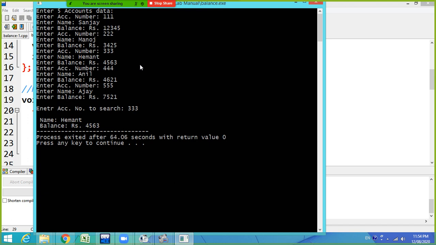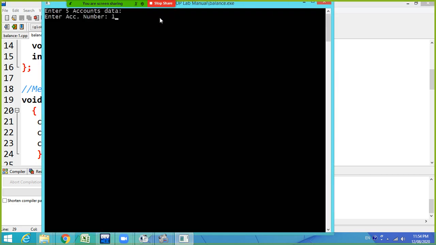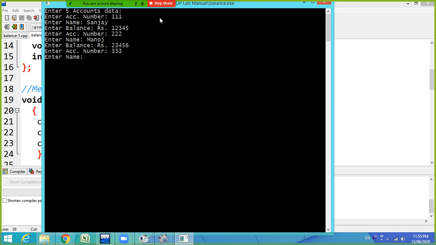Now let us go for account not found. Now again I will run the program, and I will enter 111, the account information I am entering for 5 accounts. Every time the values may be different, so you have to understand it.